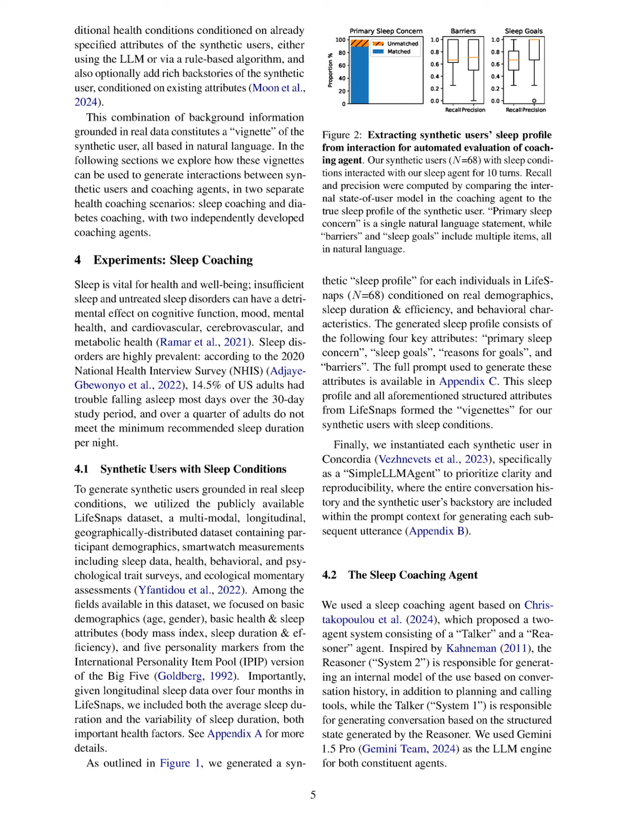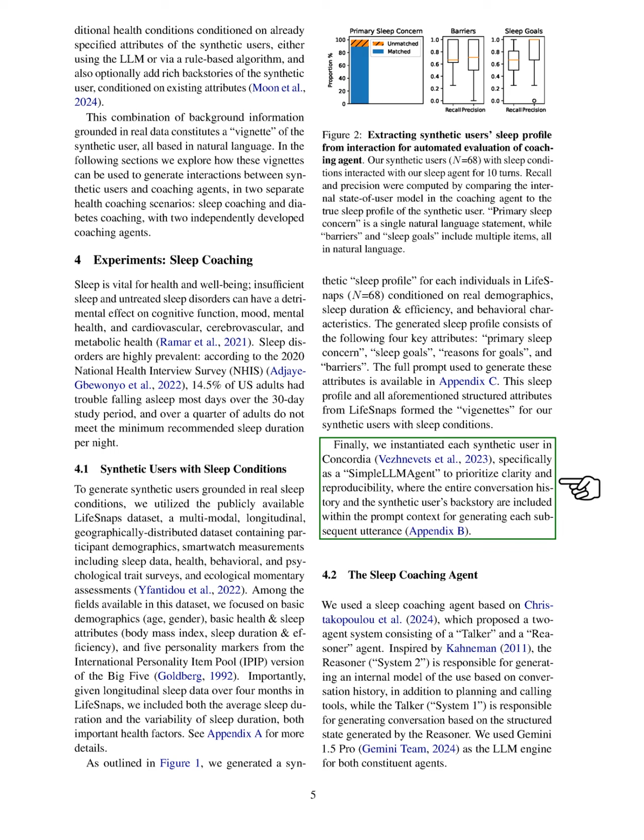Section Summary. In this section, we discuss the use of generative agent-based models like Concordia for simulating user personas, emphasizing its features such as associative memory, contextual metadata, and modular architecture that enhance dialogue generation. We also outline our framework for creating synthetic users based on real demographic and health data, which we apply to generate sleep profiles for health coaching scenarios, ensuring that interactions are grounded in realistic user characteristics.